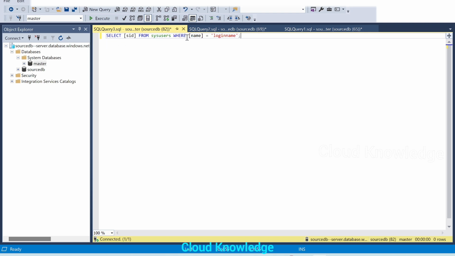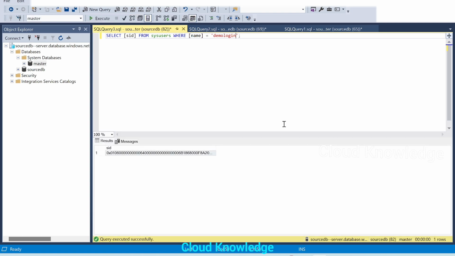Select SID from sys.sql_logins where name equals login name, and the login name is demo login. We'll execute it, and in the output we see the SID is generated. If we expand it, we can see the SID given here.